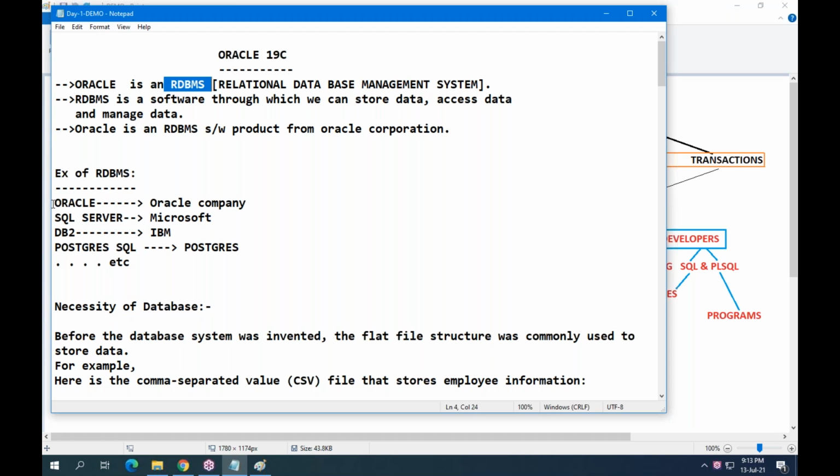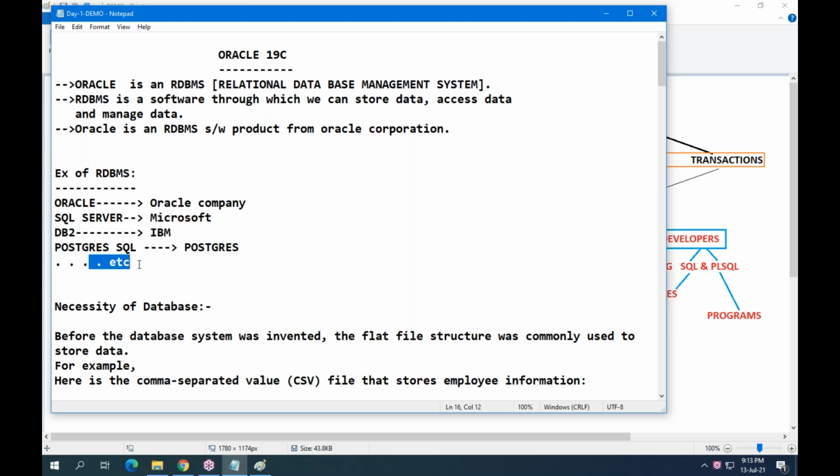Oracle is a database from Oracle company. SQL Server is a database from Microsoft company. DB2 is from IBM. PostgreSQL is from the Postgres community, and so on. From different companies, you have different databases.